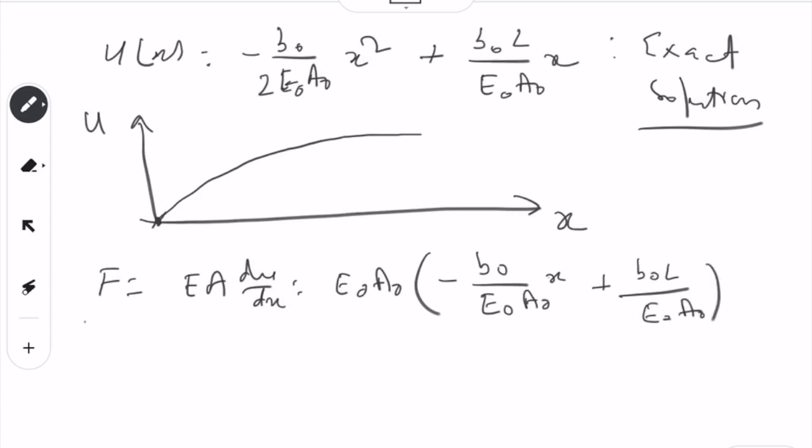Okay. So, F at x equal to 0 is equal to nothing but